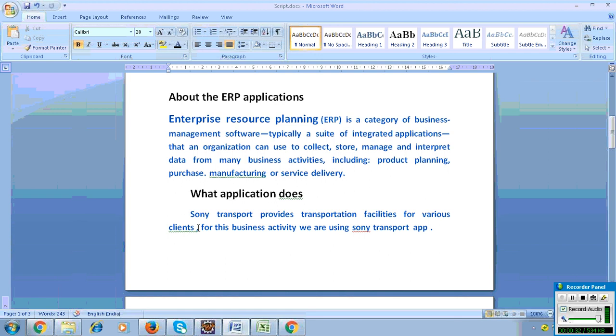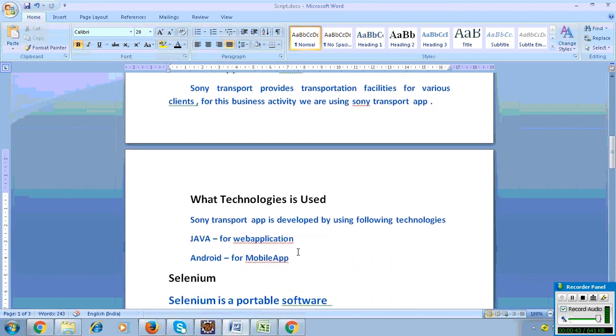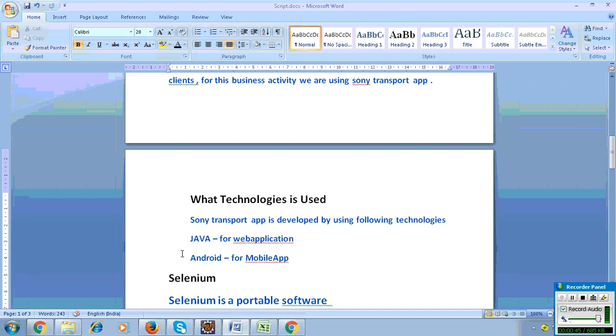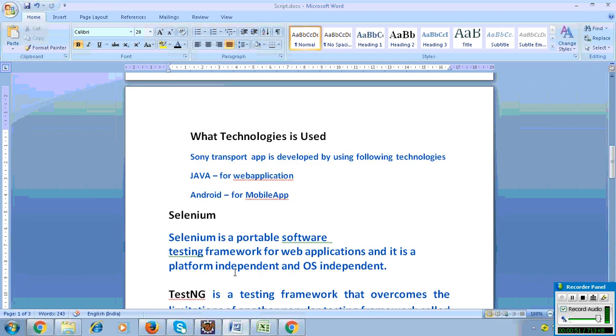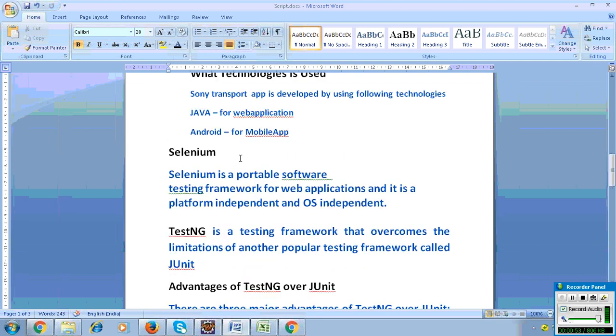The main business of Sony Transportation is providing transportation facilities for various clients. For that business, they have an application. The Sony Transport web application is developed using Java technology, and the mobile application is developed using Android. We did testing automation using Selenium, a portable software testing framework for web applications, and